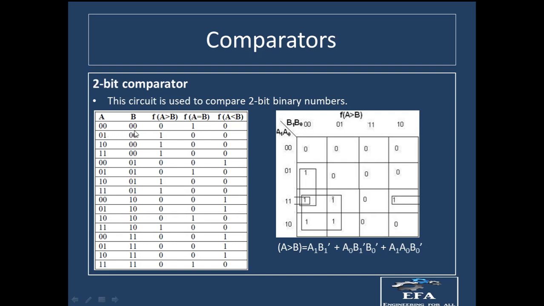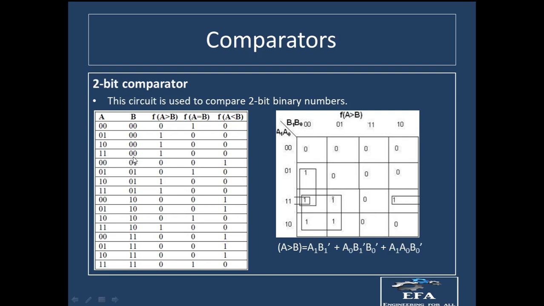When we have 4 bits for comparison, the number of combinations will be equal to 16. So you can see we have 0 0 0 0, 0 0 0 1, 0 0 1 0 and so on. You can draw it, or you can take these combinations in serial order also, 0 1 2 3 4 5 up to 15. Accordingly you can write their numbers and then divide them from within, so the first 2 bits will be for A and the second 2 bits will be for B. I think that is a better option, and it will be easier for us to solve the example.